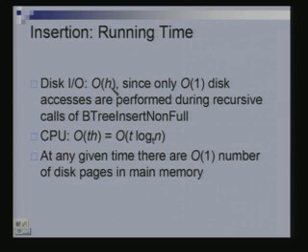So for every split, you might have to write down 3 nodes back to the disk. So you will have to read as many nodes as the height of the tree, and you will have to write back at most 3 times the number of splits.